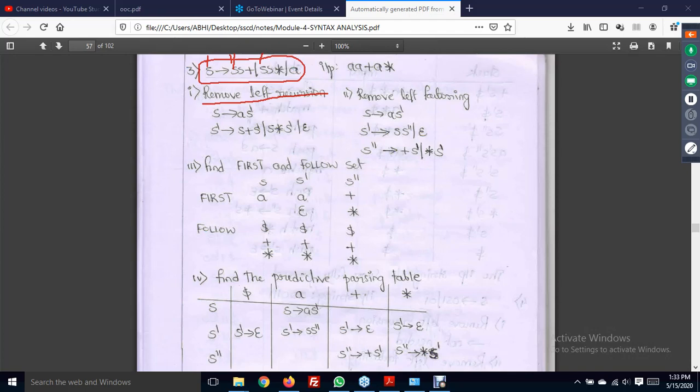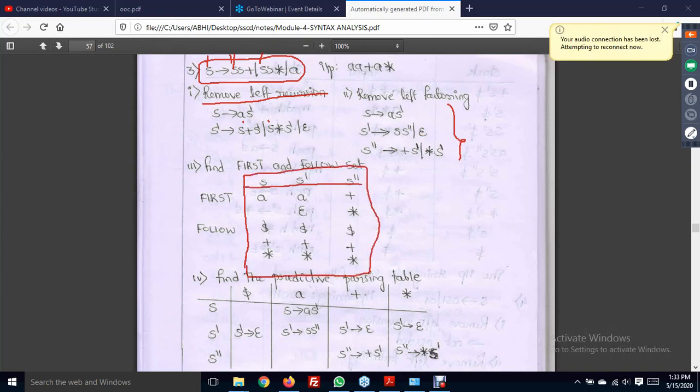So again I have S and S here, so left factoring should also be done. So S → aS', S' → SS'' | epsilon, S'' → +S' | *S' is my new grammar. Once I get this particular grammar, calculate the first and follow sets. So first of S is